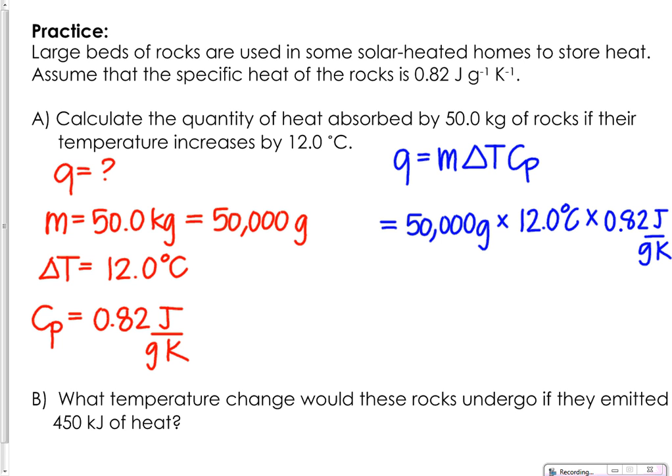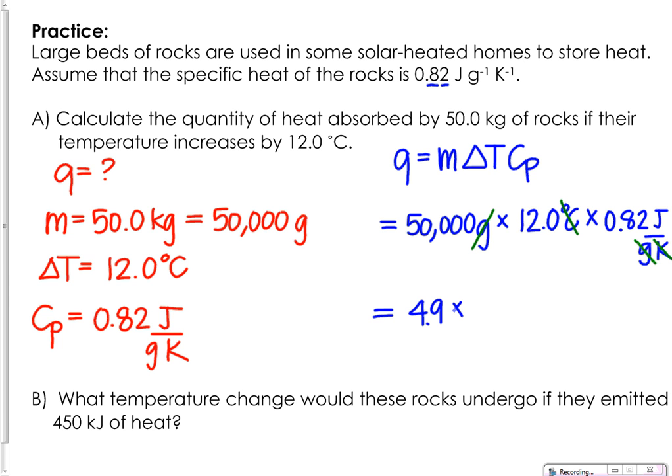Now, if you look at your labels, the grams will cancel out, and that's pretty obvious. But you have to remember that changing 12 degrees Celsius is the same as changing 12 Kelvin degrees, and so those actually really do cancel. So all that is left is doing your math and worrying about how many significant digits you have. Now, since the specific heat was the fewest at 2 significant digits, my answer can only have 2 significant digits. And you get about